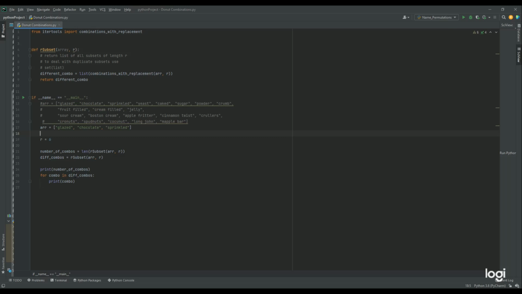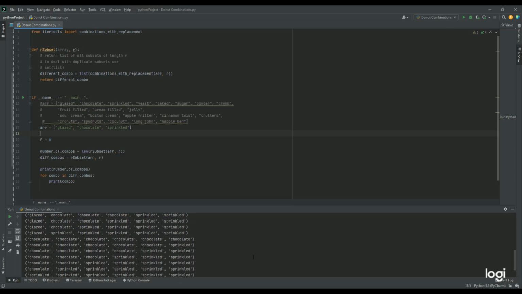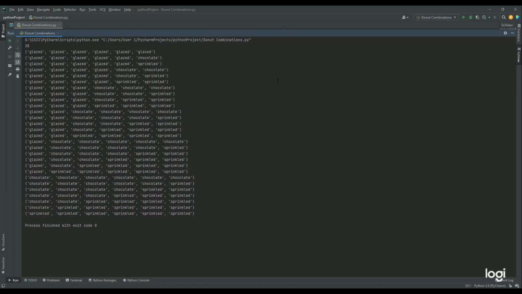So for combos in different combos, print combo, just a simple for loop to iterate through our different combos and print each line by line. So without me talking too much, I'll just run this code. Sure enough, I'll make this go up a little bit. Oh, 28 combos, sweet. So picking 6 donuts from the donuts that we have, there's actually 28 different combos that